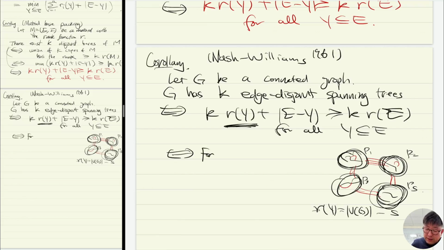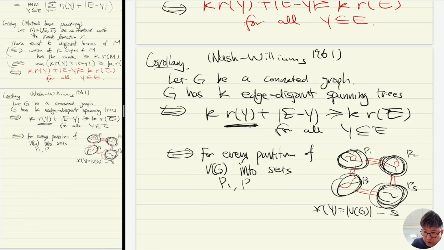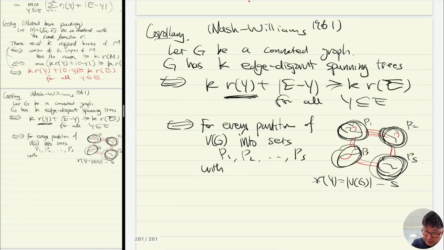For every partition of V(G) into sets P1, P2, ..., PS, where each Pi induces a connected subgraph,